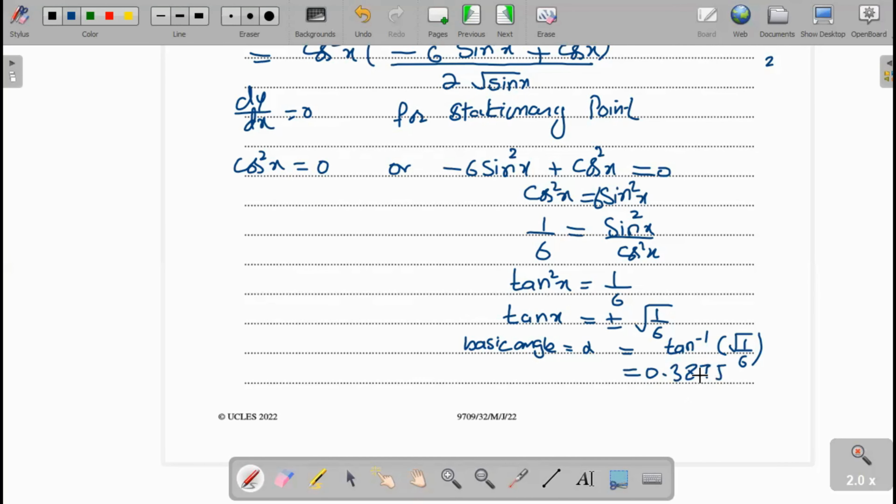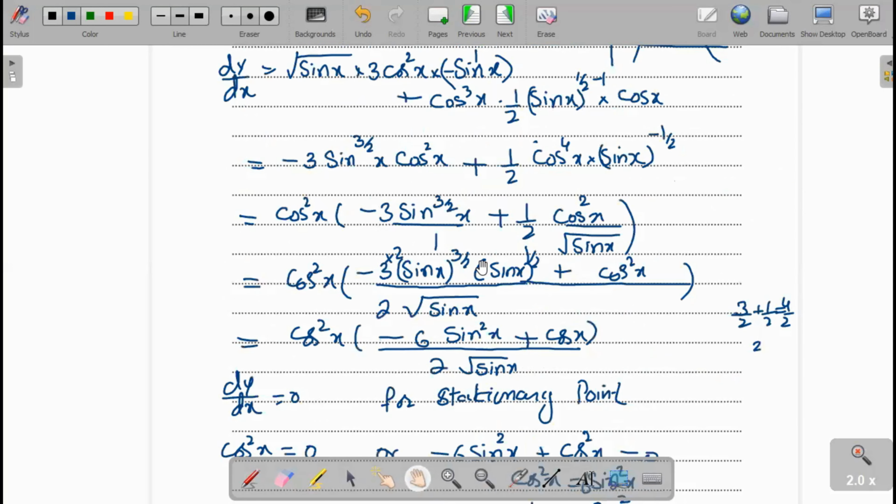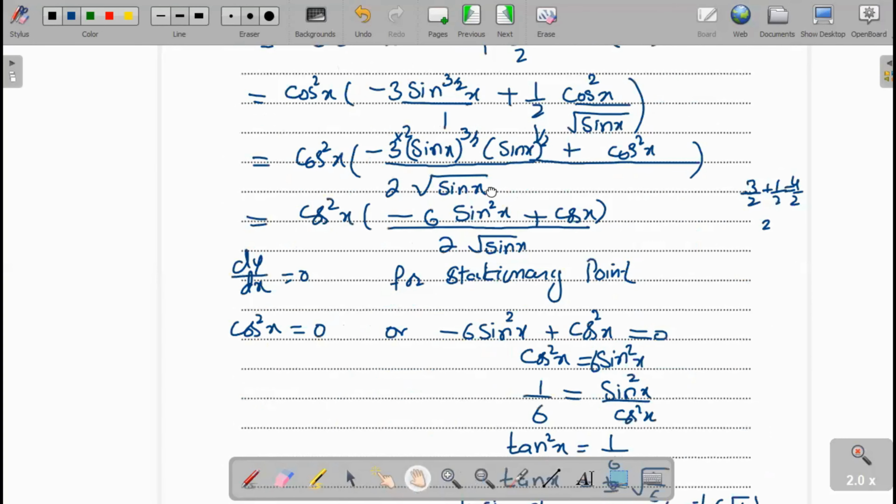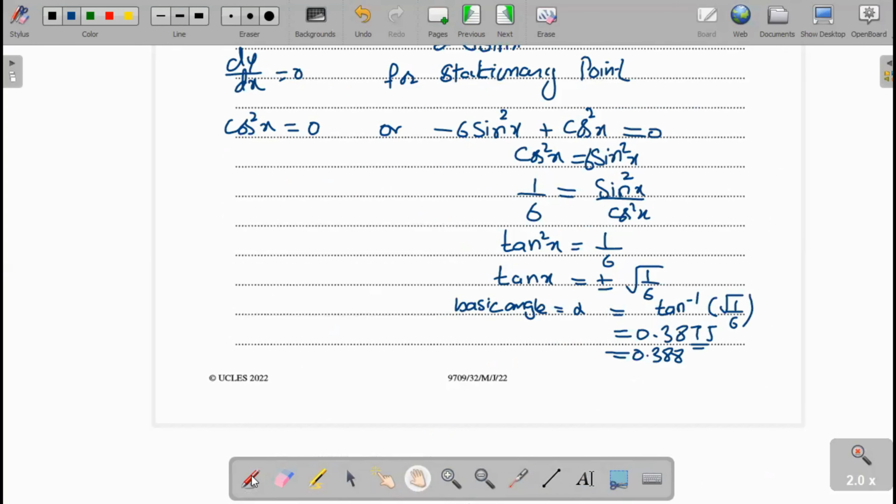0.3875. Now we have to take 3 as a figure. That value will be equal to 0.388. Now the range of this angle is given here. As you can see, the limit is 0 to pi over 2. It means the angle will lie in the first quadrant only. Therefore, we take only the positive value, and therefore theta x will be equal to alpha,